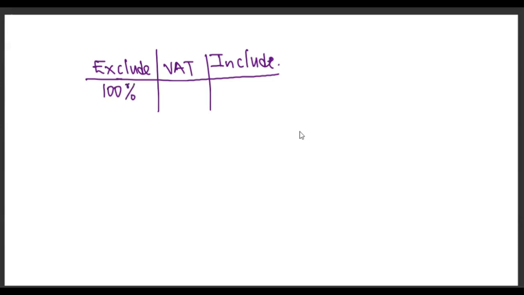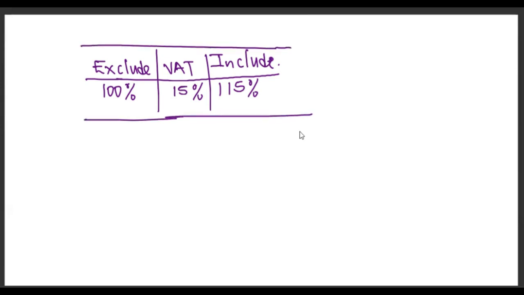The VAT that you're going to add is 15%. So VAT included, when you add the two, you end up having 115%. Now it depends on what you're going to look for. There's a method that we use after analyzing this table here, and the answer you're looking for will always be got from